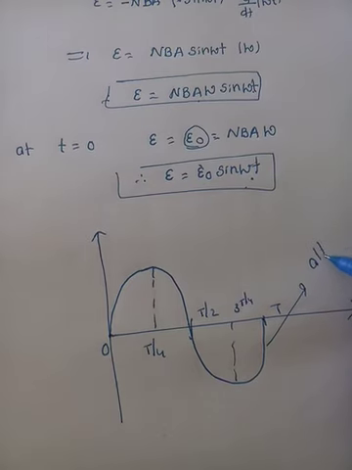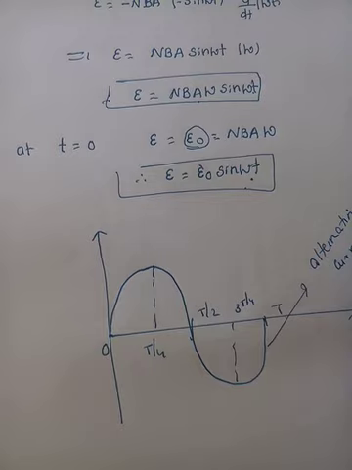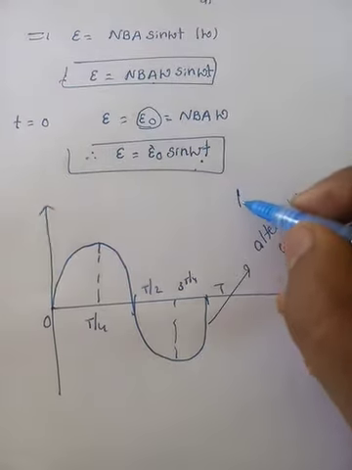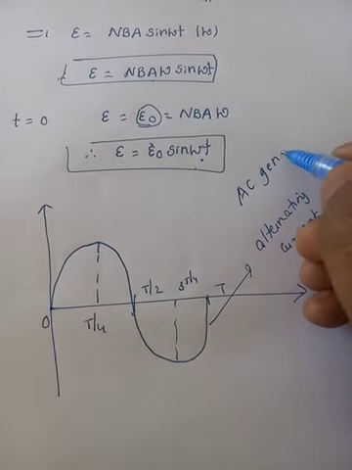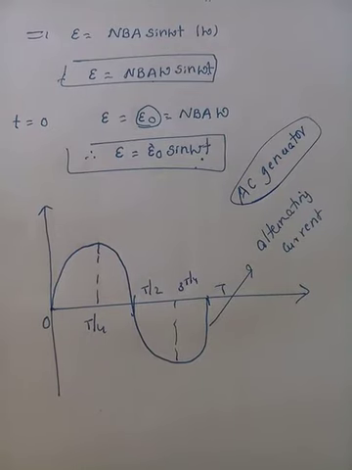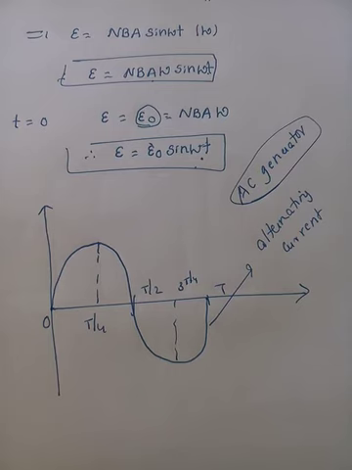This is called alternating current. That is why we call this an AC generator, which uses mechanical energy to convert into electrical energy. By rotating the coil in the presence of a uniform magnetic field, we are inducing EMF, which implies it is going to produce current. So, here we can have different types of generators, right?